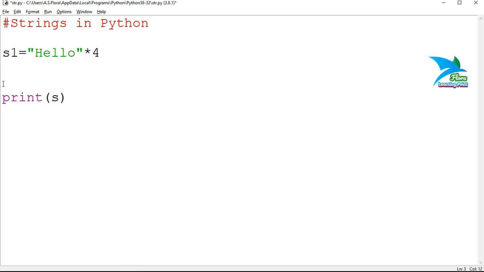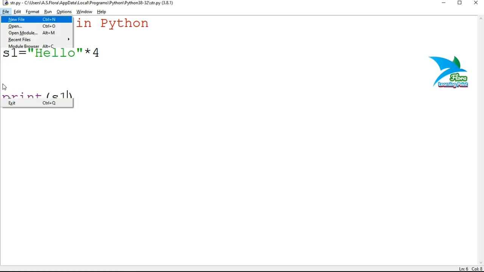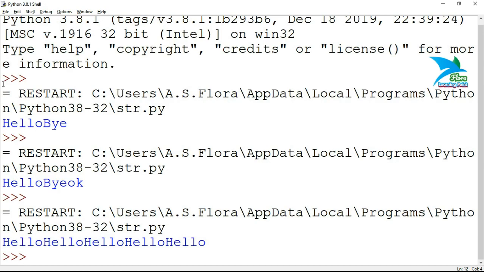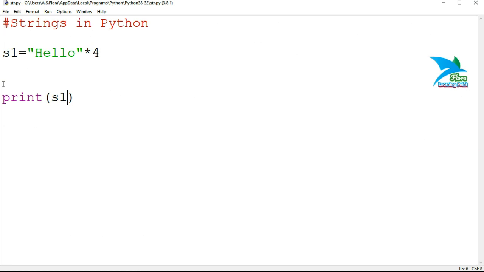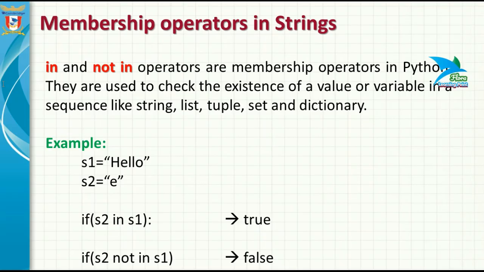For example, s1 is equal to hello into 4. When you print the value of s1, it will concatenate hello repeatedly. So you can use it with a string type variable or directly with any string literal also. That is the way we can replicate a string, how we can repeatedly concatenate a string with itself.